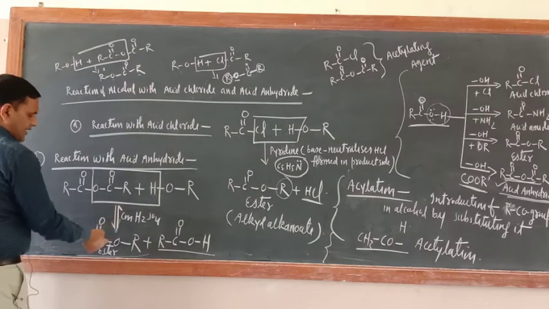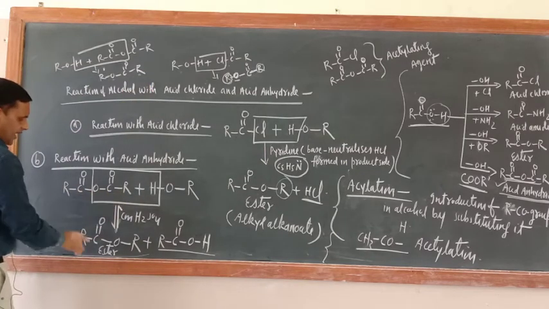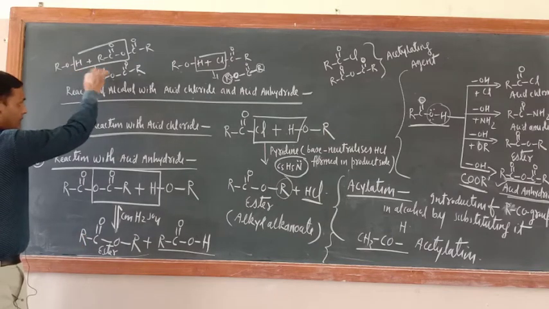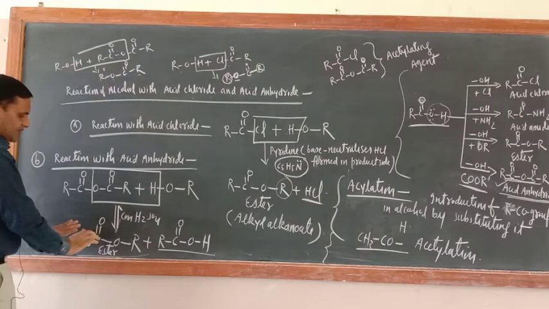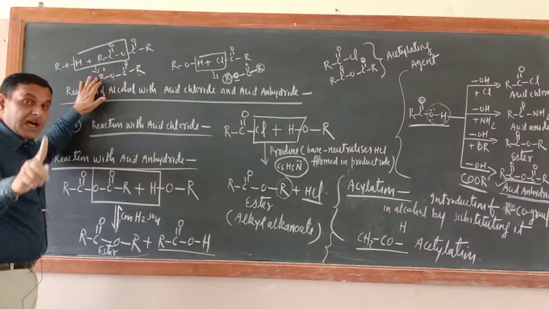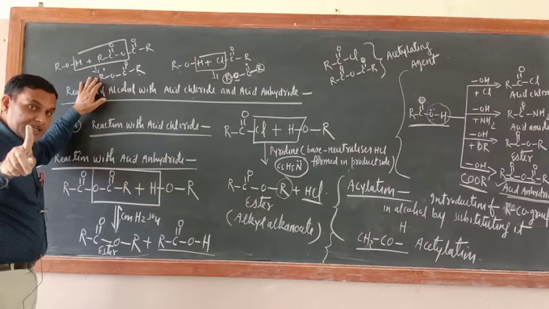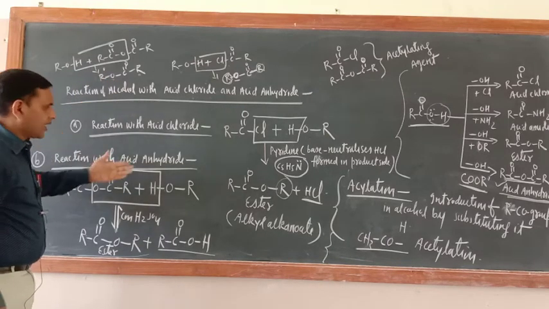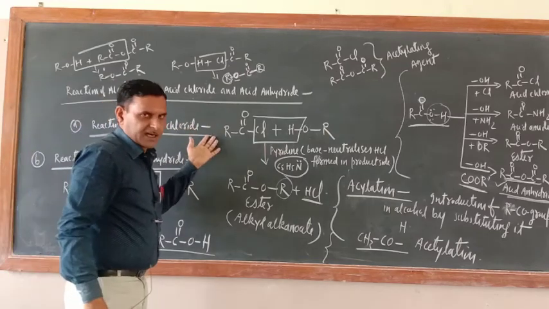Now in this case, since I took acid anhydride first, R is here, but here I took alcohol first, so R dash is here. The name is the same only: alkyl alkanoate. So which alkyl group should be named first in an ester? The R which is bonded with oxygen. Now you take individual members and write the reaction.